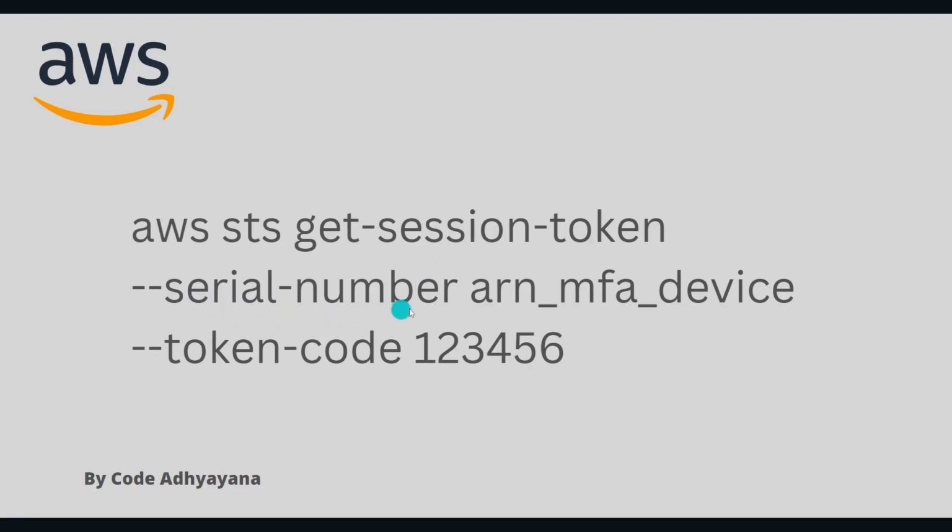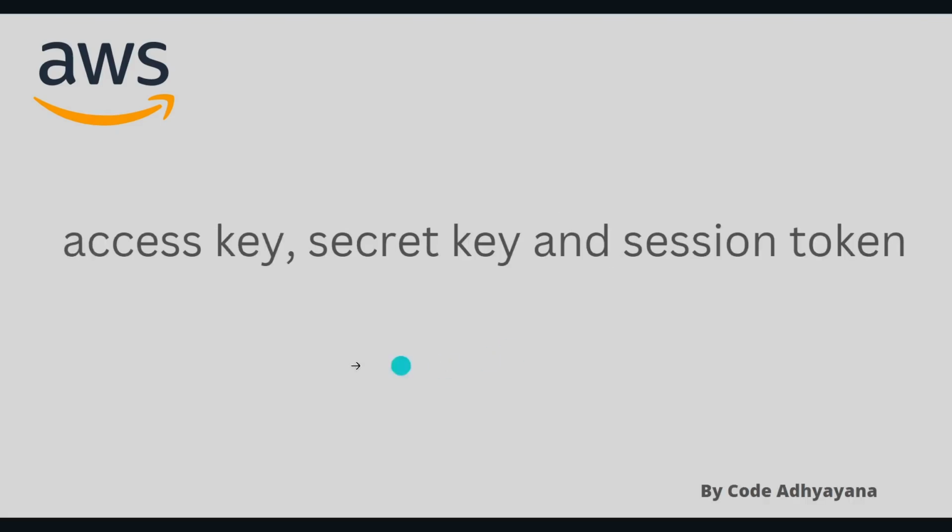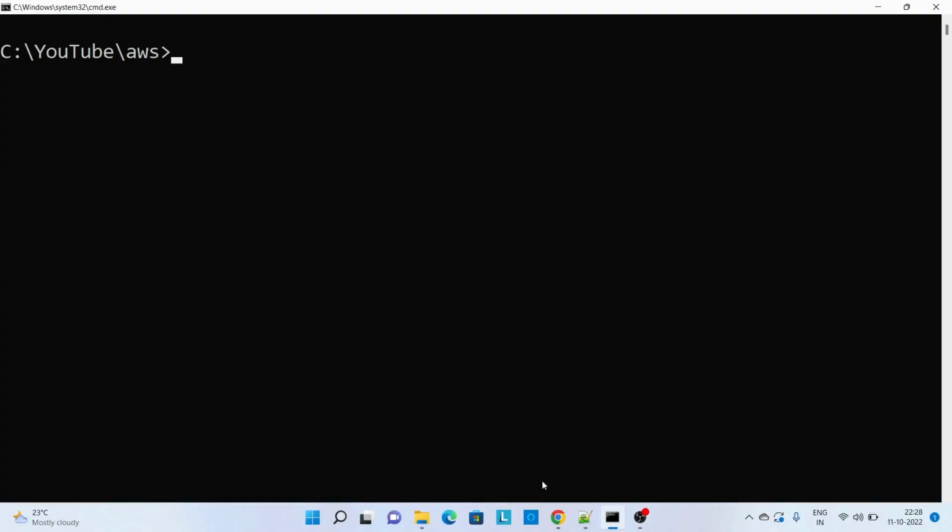One is serial number, where we need to provide the ARN of your MFA device, and the second argument is token code. So generate the token code in your MFA device and pass it over here. Once you execute this command, you will get temporary access key, secret key, and session tokens. Once we have these three values, then we can call aws